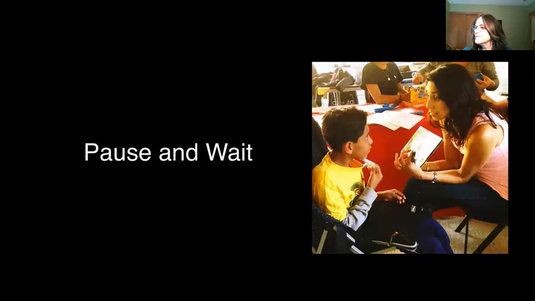Adults help students learn to take the lead by showing them how to make comments about the book, by taking long pauses and waiting for the student to communicate, and by carefully watching for any type of communication. When they see the student communicate in any way, they respond by repeating and adding a little more.